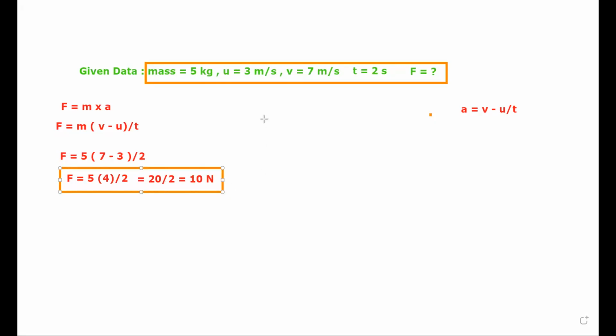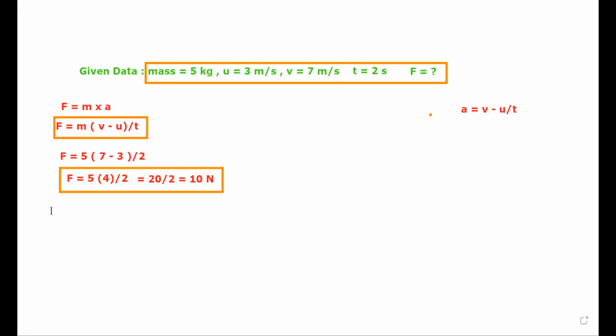So what is that second problem? Here we have to find out the final velocity when the force is applied on the object. So this 10 Newton of force is applied on the object for a duration of 5 seconds, then what would be the final velocity of the object? So that we need to find out, right? Again, from this formula we can easily get the equation for the second problem. We need to find out the final velocity, isn't it?